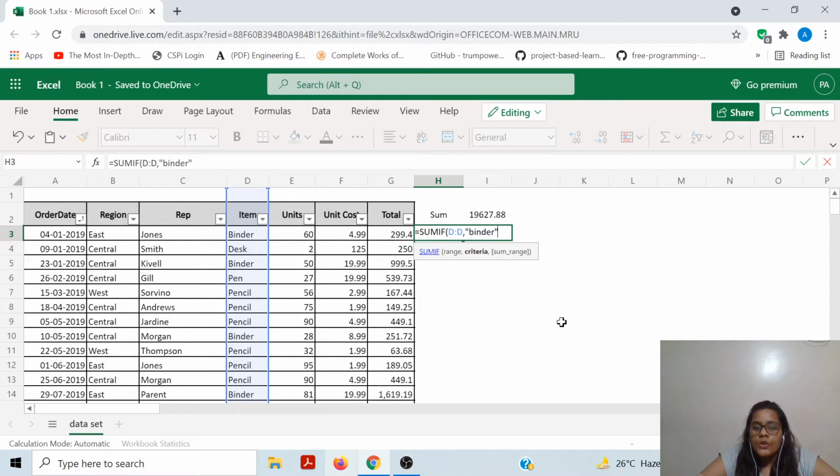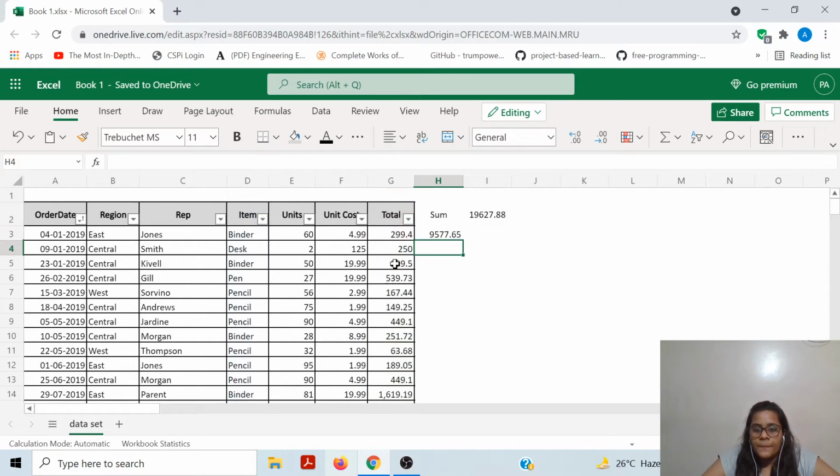So Excel will look in column D and search for the word binder, and next we have to define the sum range, that is which column you want to add. So how will Excel read this formula? First, it will look into column D, search the word binder, and corresponding to those cells in column G, it will keep on adding.